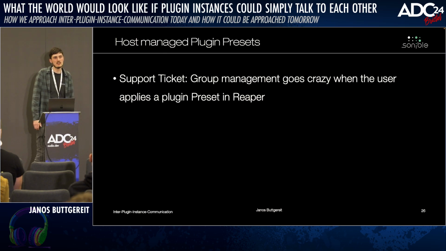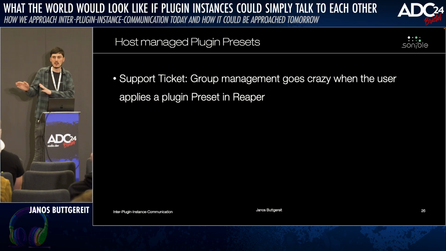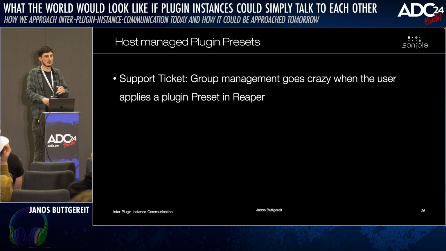So what happened is the user put a plugin into a group, applied some EQ setting and said, oh, this is a great preset for me, I'll store it, without knowing that they stored the entire group state with this preset. And then at some point, they apply it in a completely different session, and the plugin comes up with a group state that has nothing to do with the environment it's loaded in. And it constantly tries to find all the other instances it knows about, because this is what we implemented for the startup phase. So you just try and try again until all the instances you know about appear, but they never appear.